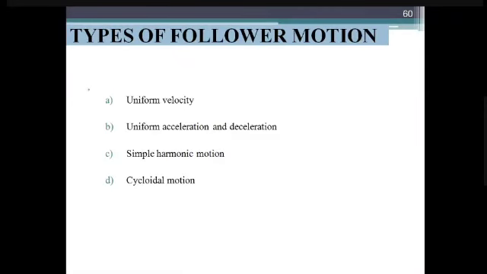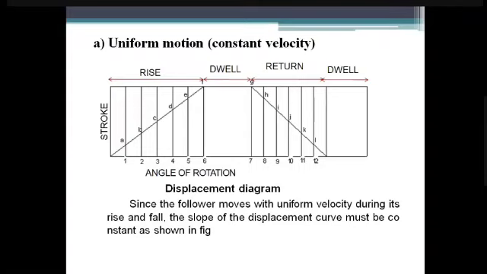So types of follower motion. What follower motions are there? Uniform velocity, acceleration, deceleration, uniform acceleration and deceleration, simple harmonic motion, cycloidal motion. What about the motion of the follower? Uniform motion, how will it be? Diagonal to diagonal, going towards uniform. So slightly we join diagonal to diagonal. That is a rise, from lower to higher. That means a dwell. We have two dwells. Do not forget that this is a lower dwell, and it goes to a higher dwell, and returns from the higher dwell to the lower dwell, and then it is completely in dwell.